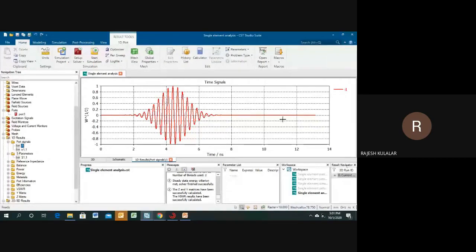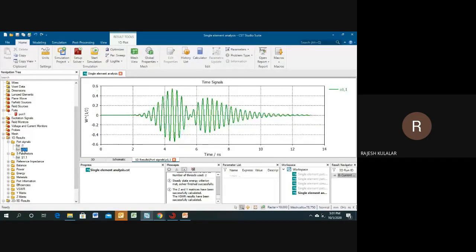You can see here your input at port 1 is going steady state, but its output has a little bit of fluctuation. It must be steady state for an accurate result, but it's okay right now. If you change to minus 50, you will not get any change in the result.